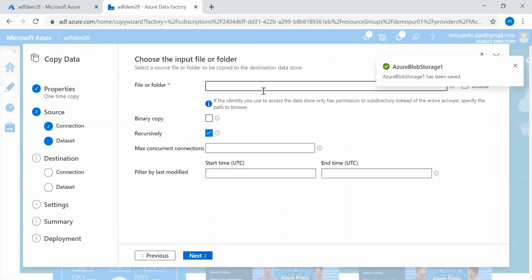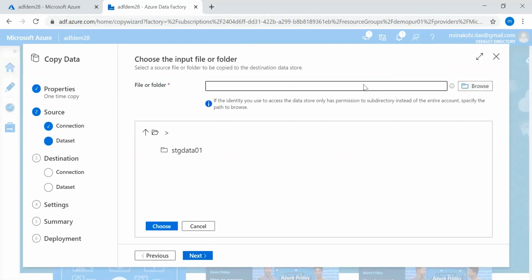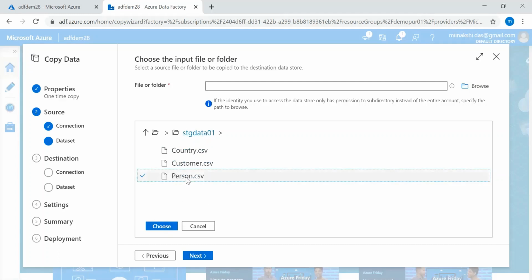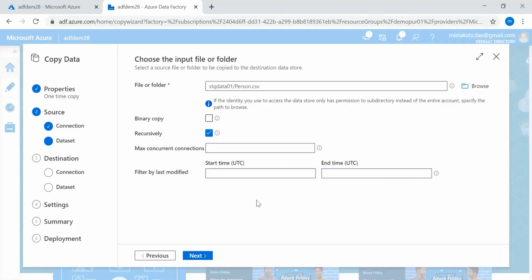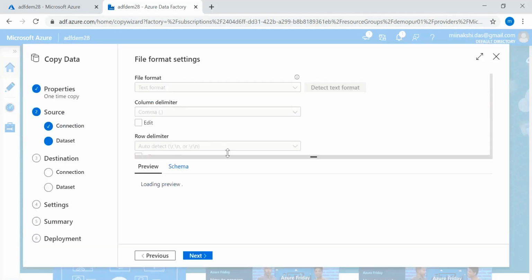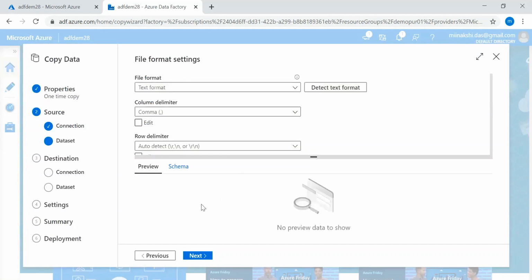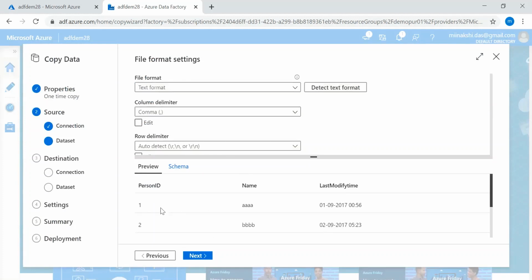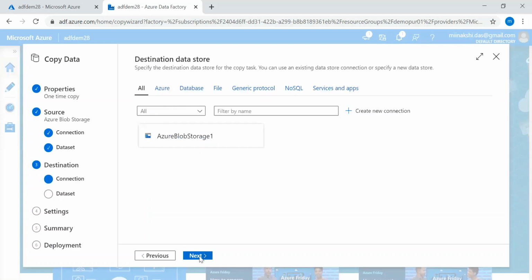Next, I will choose which file I want to load. Let me load person data. Next, here I can preview the data. Next,